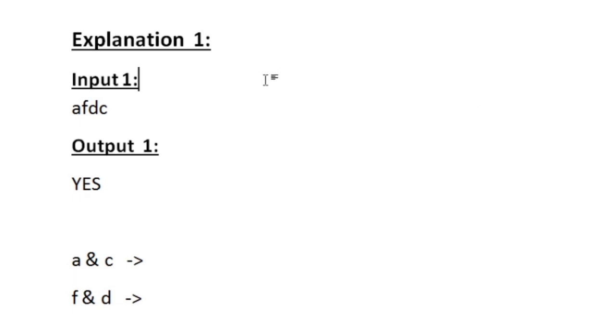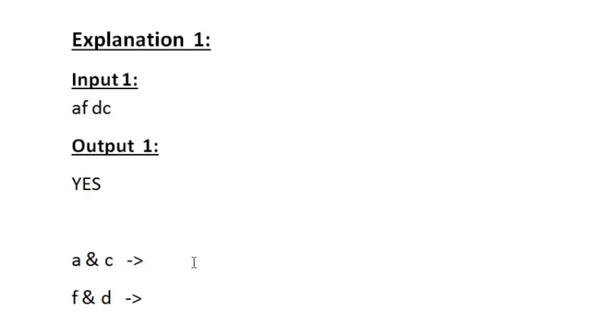So what we are going to do is, for any given input string, we are going to iterate only till its half. That is, if there are 4 characters, then we are going to iterate only till its second character. For this particular input AFDC, there are 4 characters, so we are going to iterate only till F. And for every iteration, we are going to check it with respect to the last element. That is, if we check A, then we also check the last, C. Now if we check the second element F, we check the second element from last, D. So first we are going to compare A and C.